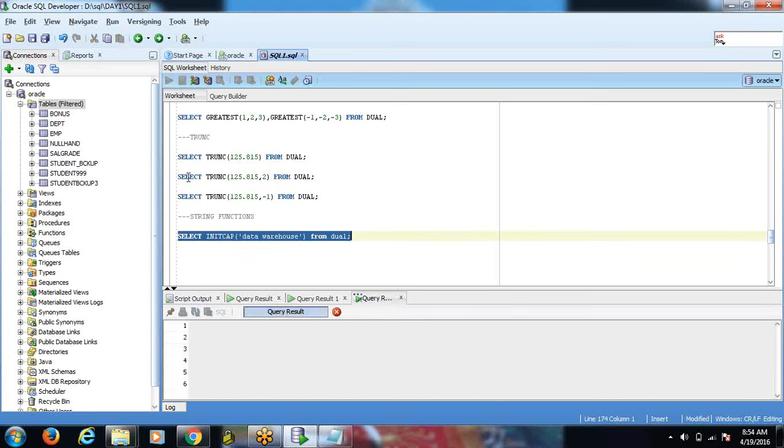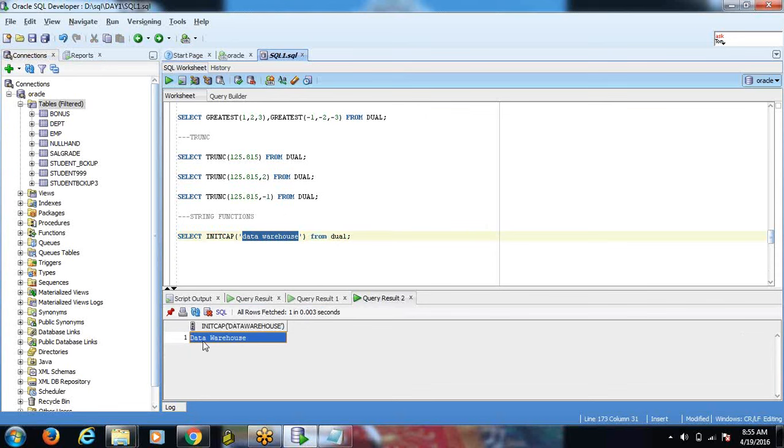Okay, if I'm executing the same thing, what is the difference you observed from the given string to the output string? What is the string I gave? Data warehouse, right? Whether I used any capital letters in the string? No, right? But when it is retrieving the output, it keeps capital letters at the starting characters.